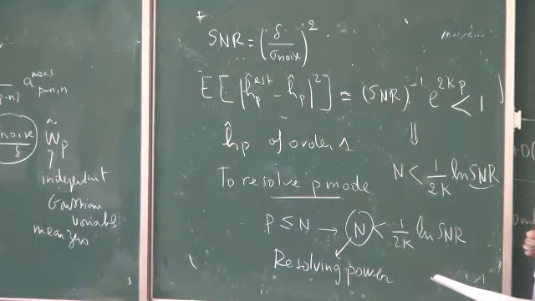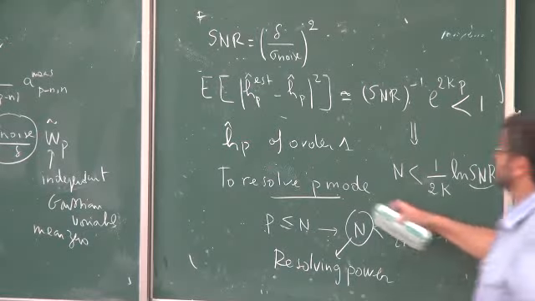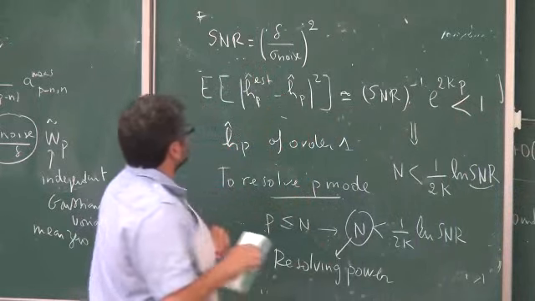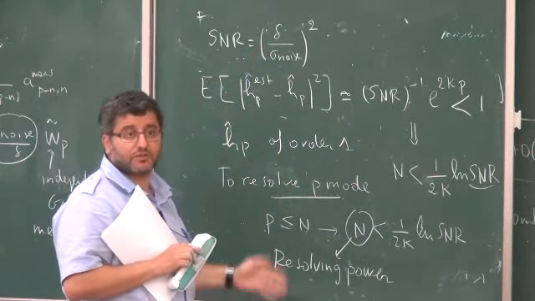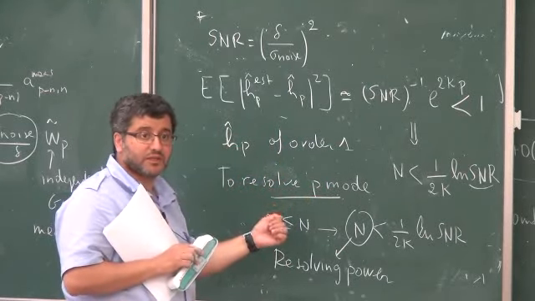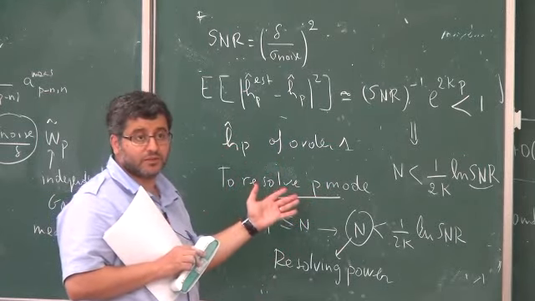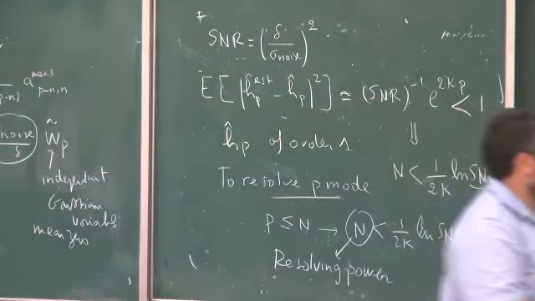Now, this is the ill-posedness character of this inverse problem, an exponentially ill-posed problem. But we have a formula. We know what delta over sigma noise is. Then we know what modes can be resolved and what modes we can just forget about. If we want to reconstruct them, then everything will blow up, because we are reconstructing noise from noise.